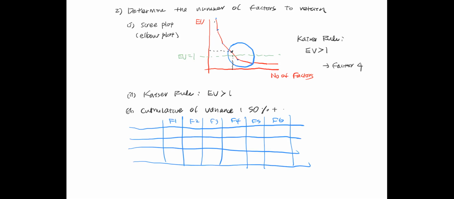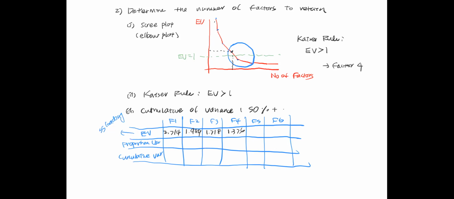The row here is the eigenvalue in our output. This is called the SS loading. This is the proportion variance, and this is the cumulative variance. You already know how to get the proportion variance and cumulative variance, but I will review this quickly. We have 2.714 for the first eigenvalue, the second one is 1.984, the third one is 1.718, and the fourth is